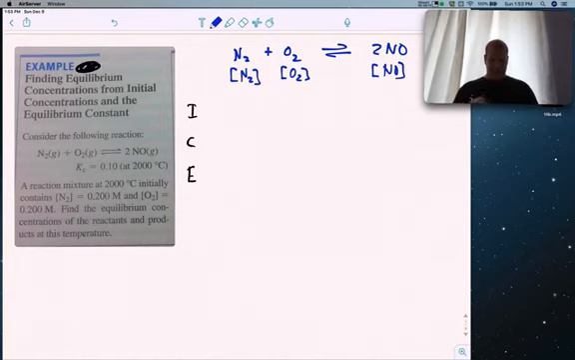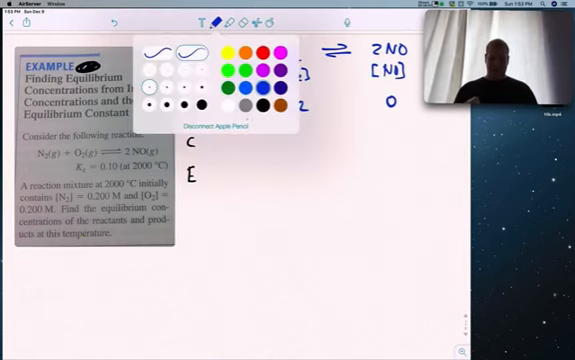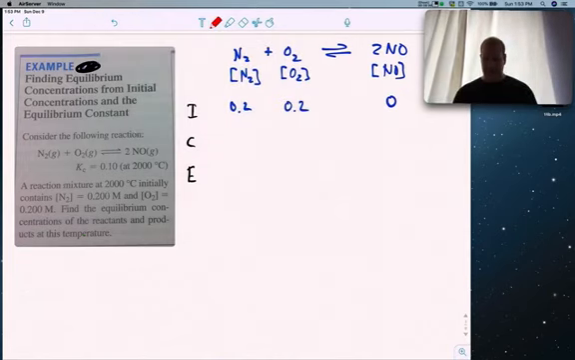I have written out the chemical equation, and I means initial, C means change, E means equilibrium. Initially, we have 0.2 molar of both reactants, and since it's not included, I'm going to say 0 for the product. For the change, we have reactants only and no products, so we're going to shift right towards the products, and we're going to lose one extent of reaction of nitrogen, one extent of reaction of oxygen,